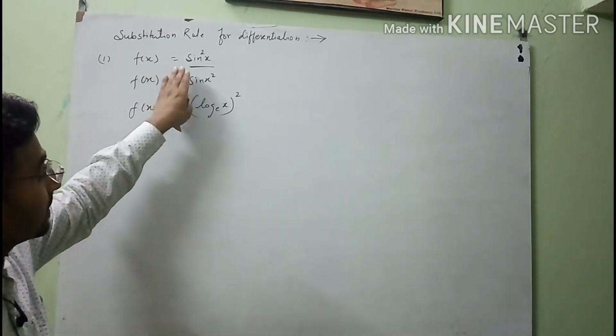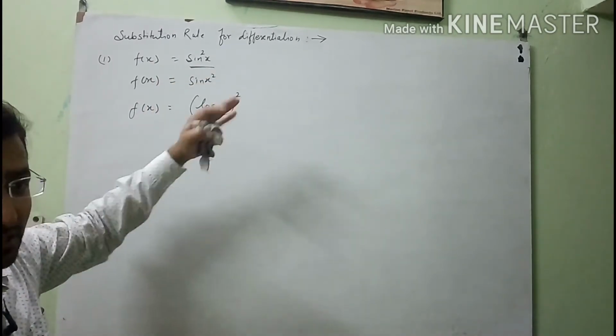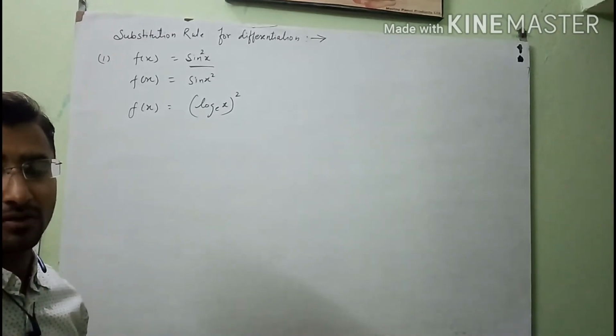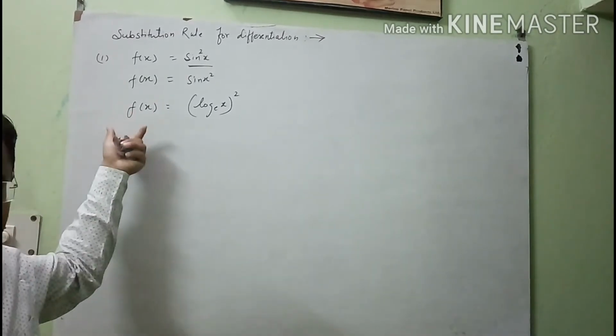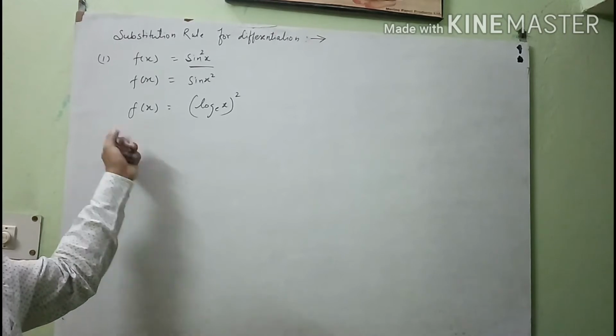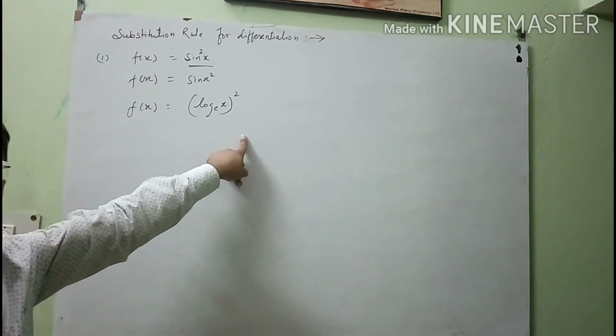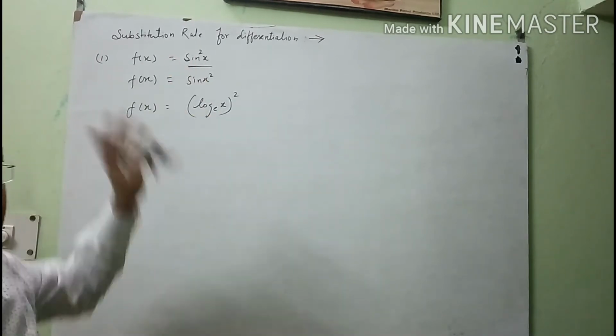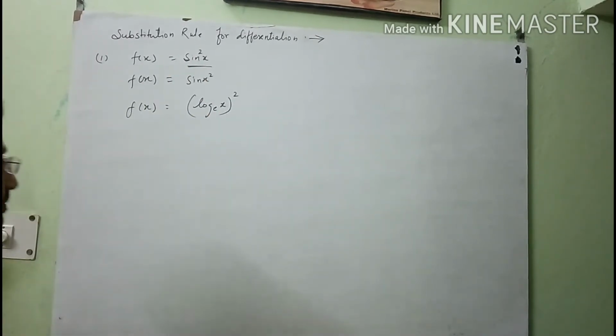We will consider this function for the substitution. We will take any other type of variable. For that, first we will differentiate the given function with respect to that considered variable. After that, we differentiate the initial variable. See how we will solve this type of question.